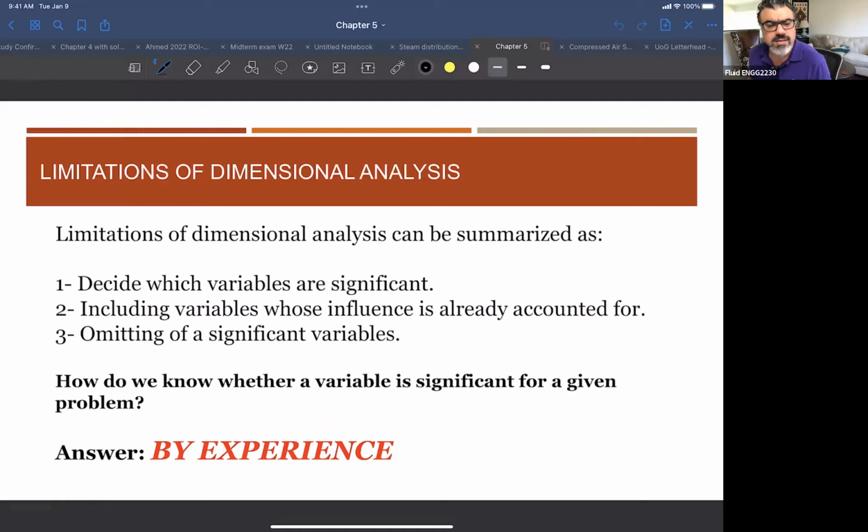And some people were asking, like, what will happen if I choose different parameters or the repeated variables differently, and then I will end up with a different formula of these numbers, or a different combination of these numbers. And we talked about this as, with experience, with people working a lot on the topic, they start gaining more understanding of how to select those parameters. And at the end, whatever number that you are creating out of this group, you can manipulate this number. And we mentioned a few simple approaches to this, like